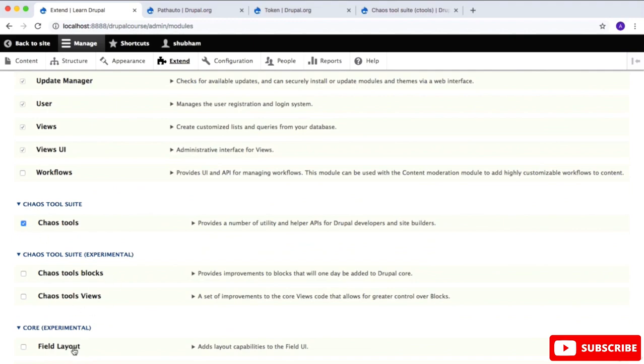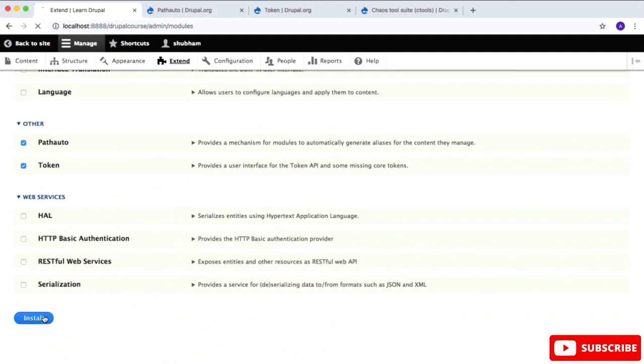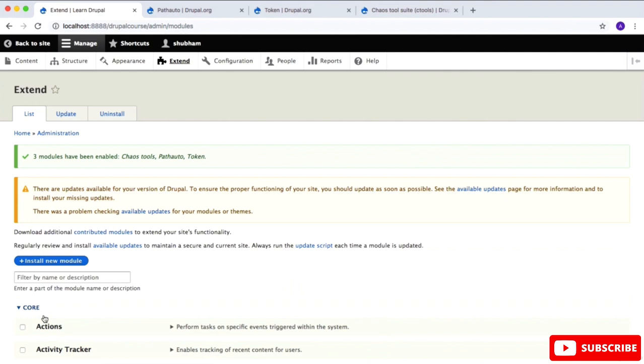I will not select these options because I don't need that right now, and I will scroll down and I will click on install to install these modules. And this will activate or enable the modules on our Drupal website, and it may take a couple of seconds. And there we go, we have installed or enabled 3 modules.